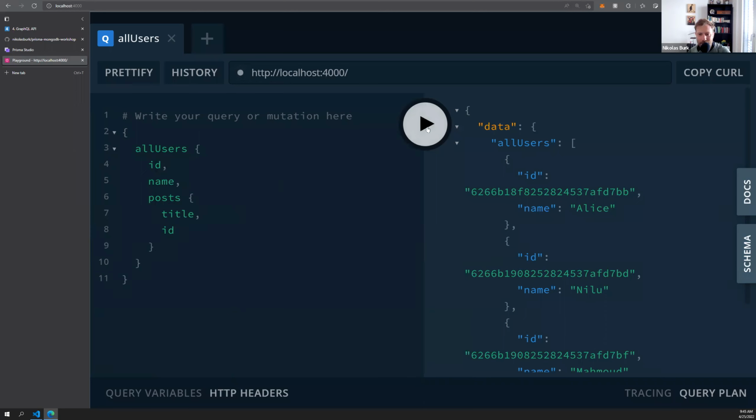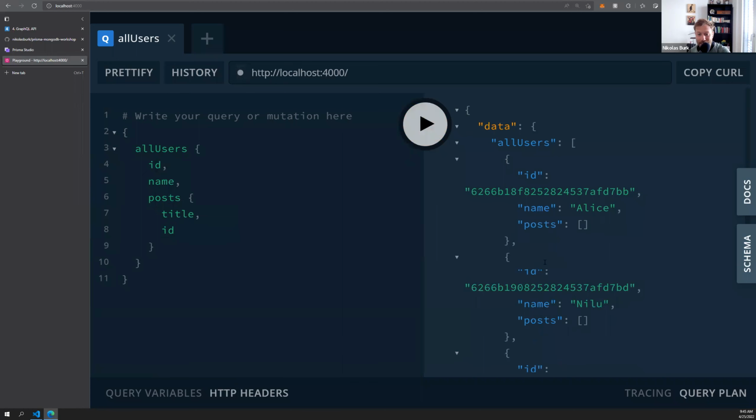And if you send this, we'll be disappointed, because I didn't tell you one thing yet, and that's how we are going to resolve these relations. It does work, though. We see that we don't get an error, but we would expect some data here, because some of these users already have posts that we seeded initially. So we would want to see these posts here as well, and not only empty arrays. So in order to resolve these nested relations in GraphQL,